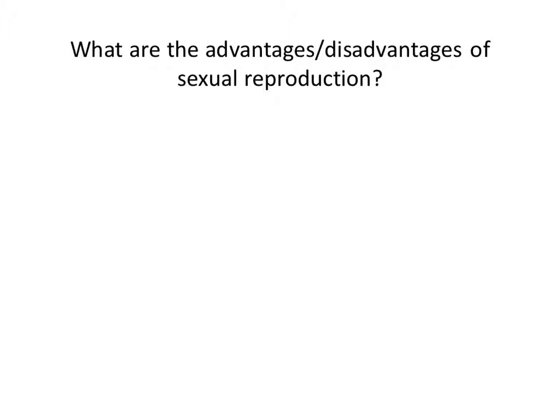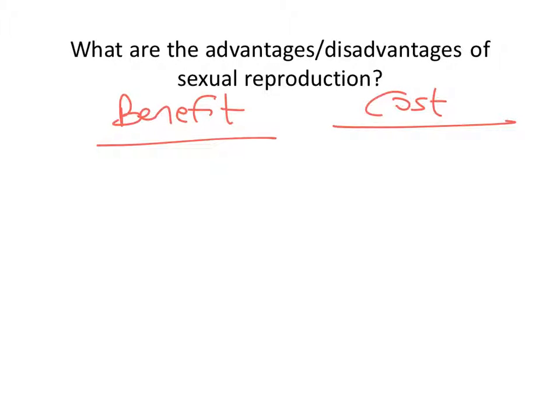So what do you think? We've already covered a few different costs and benefits of sexual reproduction. Some of you have mentioned them multiple times when we've been talking about this. So let's make a list, and I'll go through a few examples of ones that we come up with. So what's a benefit of sexual reproduction? Genetic variation. So you get genes from mom, genes from dad coming together in new combinations for the very first time on the planet to produce genetically unique offspring.